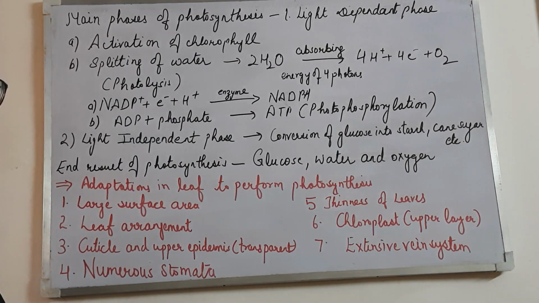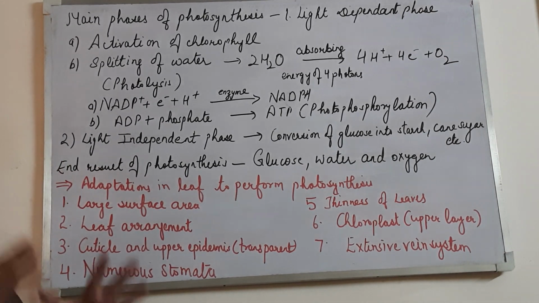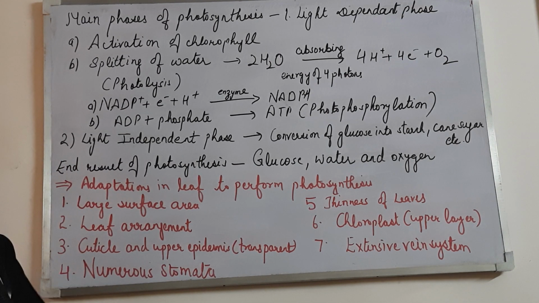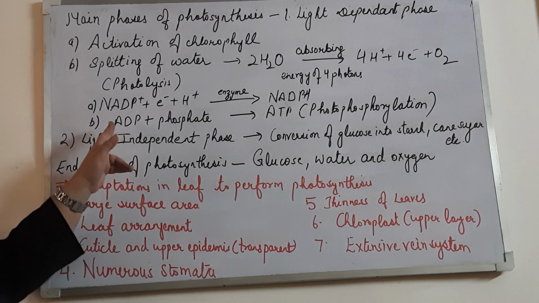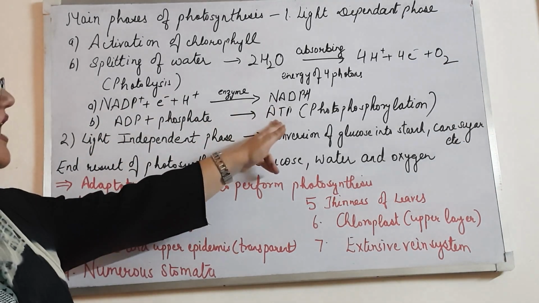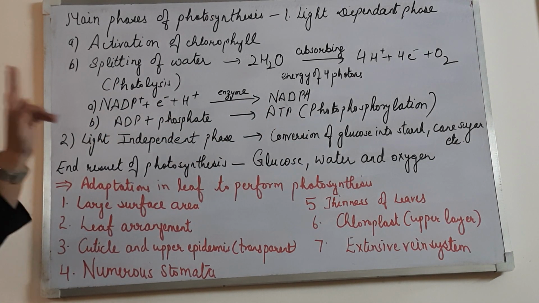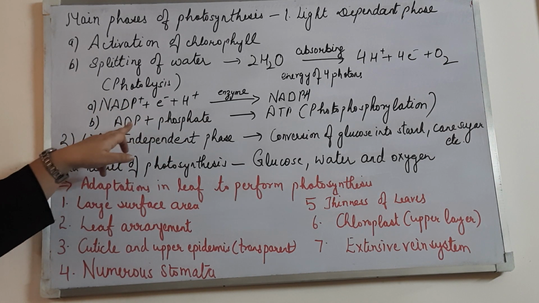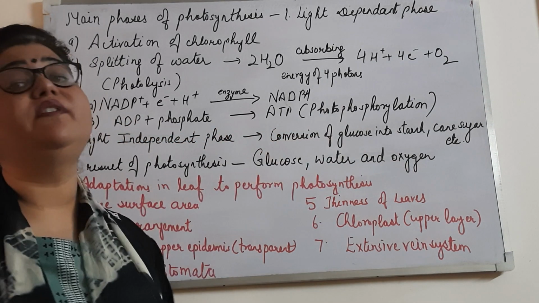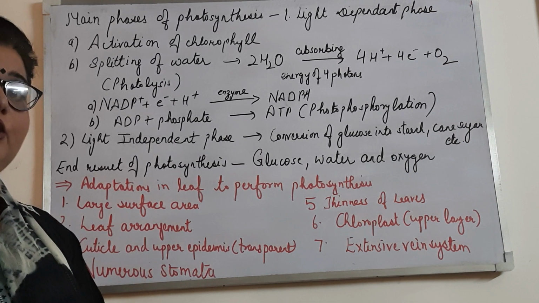By taking up the electrons, it adds one more phosphate group, and because of that extra phosphate group, it forms ATP, which is the energy currency of the plant cell. So ADP will change into adenosine triphosphate by adding one more phosphate group. And this process where one phosphate group is added to ADP is known as phosphorylation. We call it phosphorylation since one more phosphate is added into ADP.